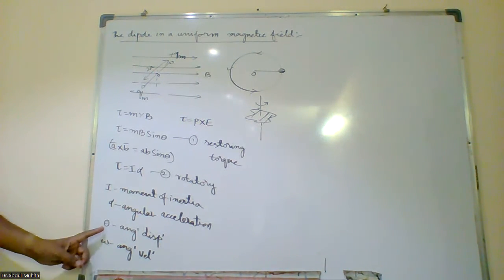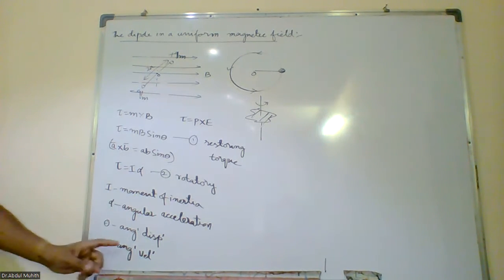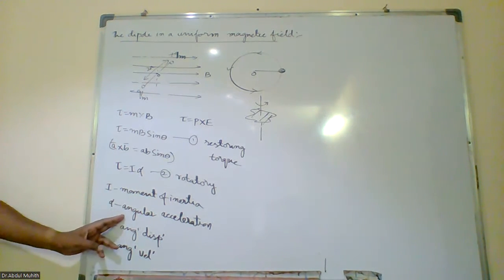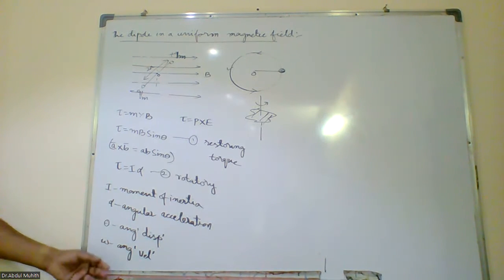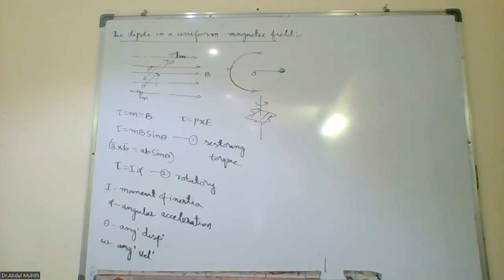Now, what is theta? Angular displacement. Like in linear motion we have displacement, velocity, and acceleration, in the same way we have angular displacement, angular velocity, and angular acceleration. Is that clear? But what is the unit of angular displacement? Normal displacement, which is distance, is measured in meters. Velocity is measured in